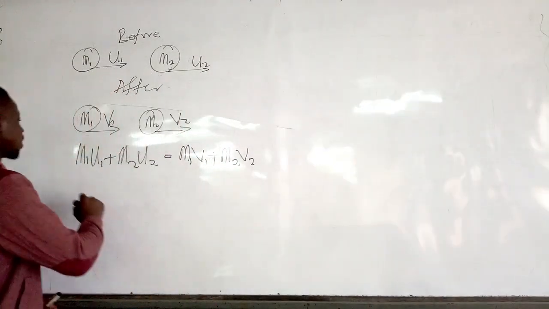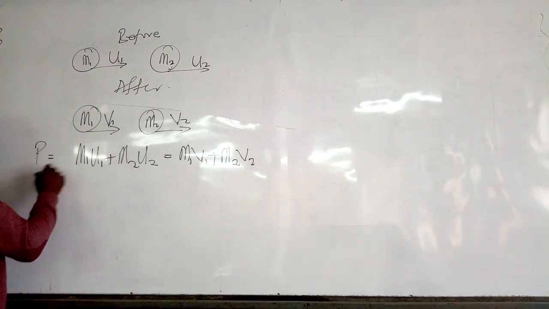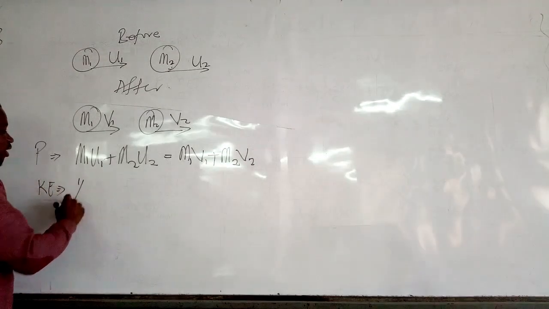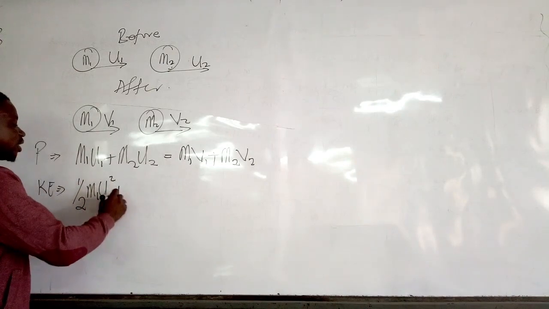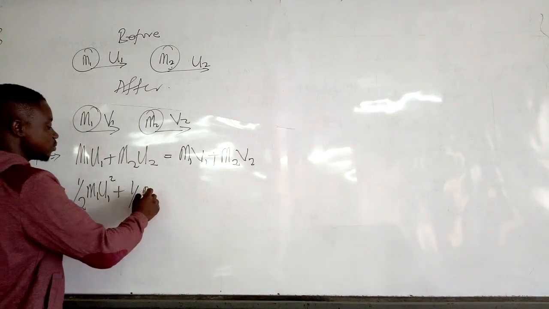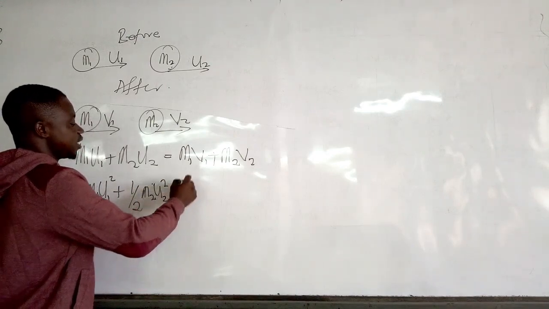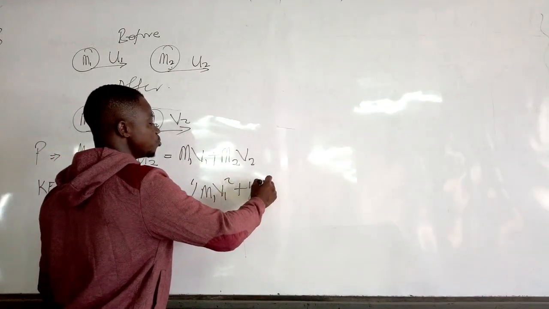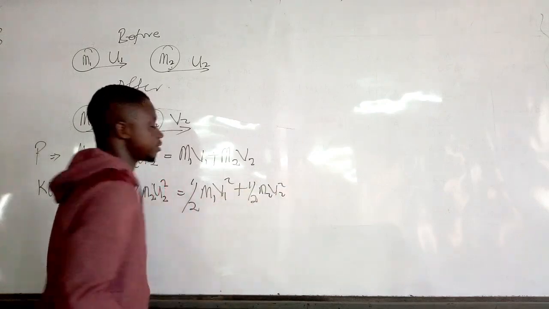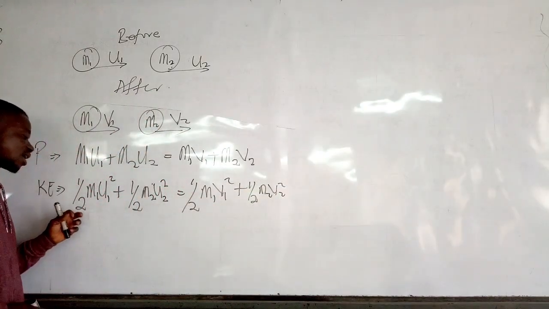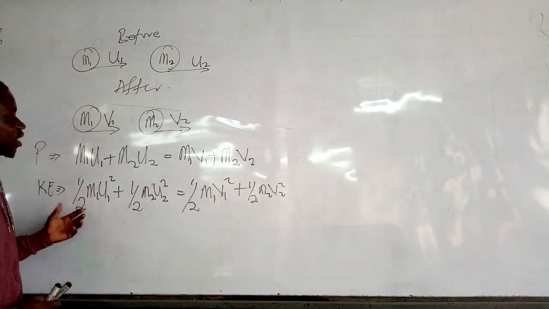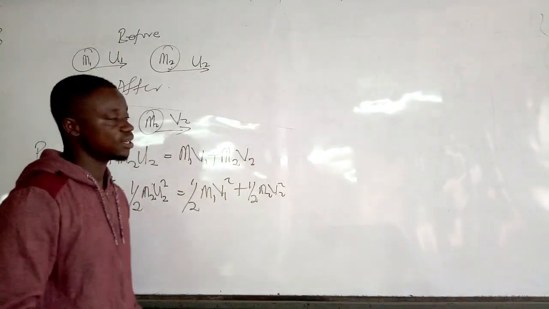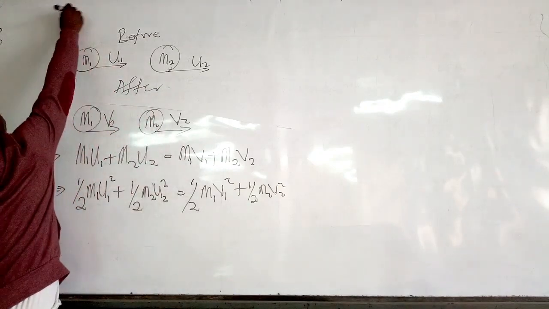Now, when kinetic energy is conserved, we say that half M1 U1 squared plus half M2 U2 squared is equal to half M1 V1 squared plus half M2 V2 squared. Kinetic energy is given by half m v squared, all right? So when kinetic energy is conserved, this is how we write the equation. And when momentum is conserved, this is how we write the equation. For elastic collision,